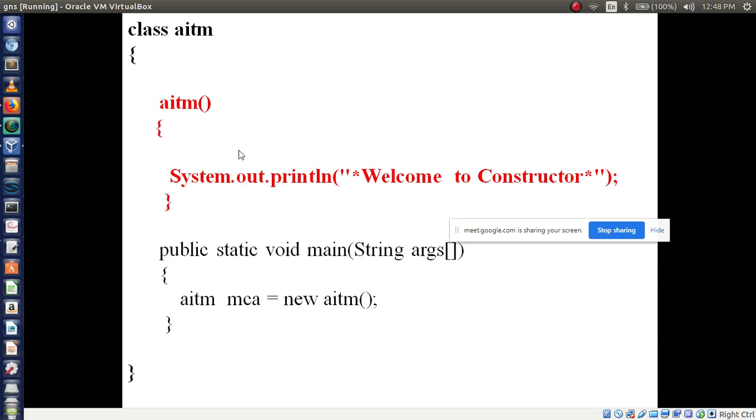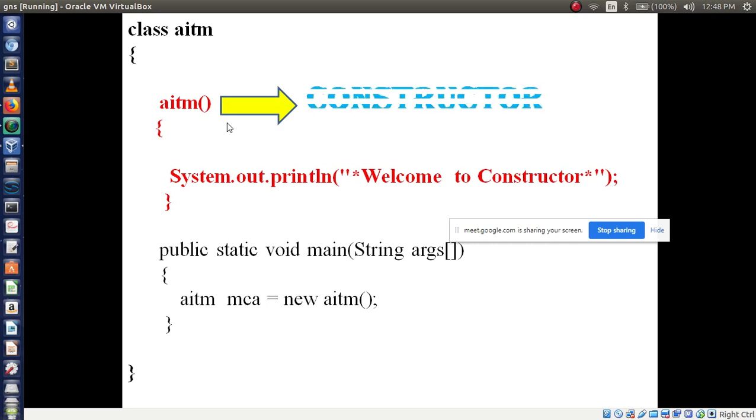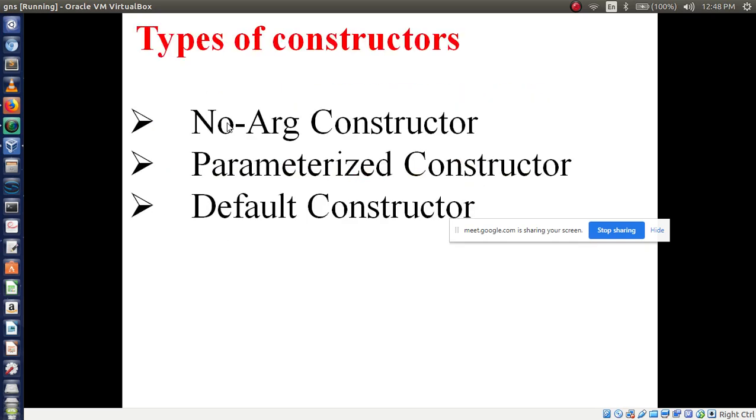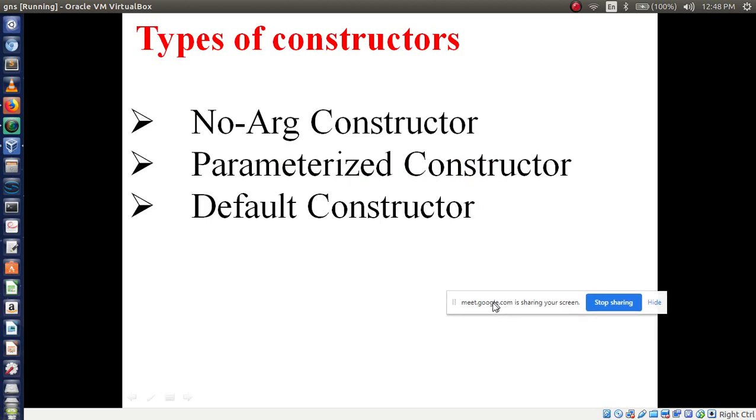And remember, this one is the no argument constructor. Here I am not using any parameters or arguments, so it is called a no argument constructor. Now, types of constructors, we have three.